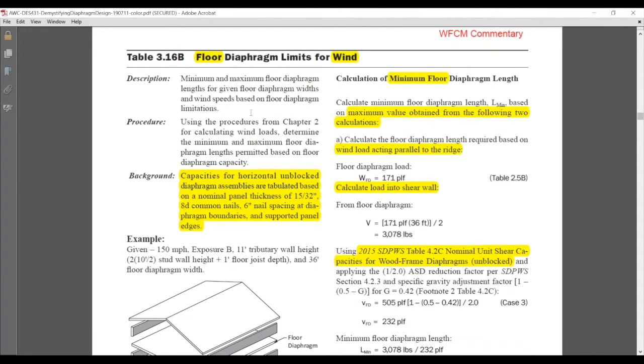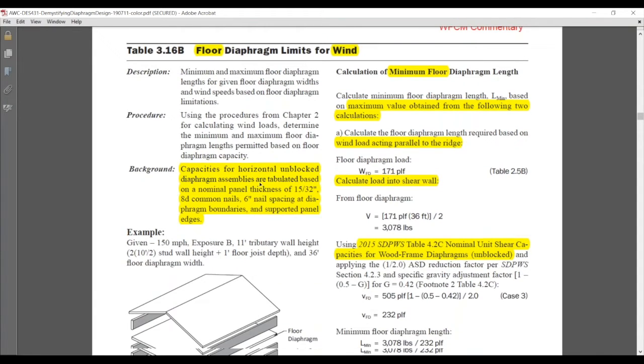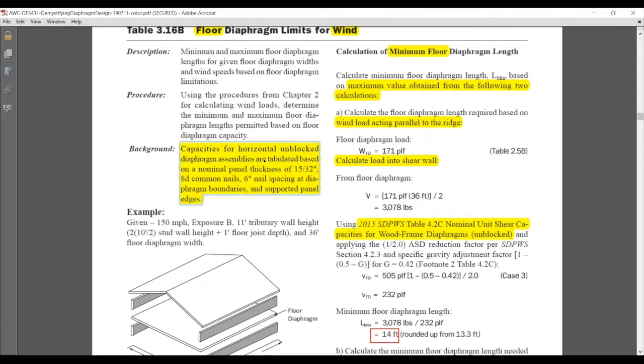Floor diaphragms are going to be very, very similar. So we're not going to spend a lot of time going through the floor diaphragm capacity, other than I'll point out here under background for table 316B in the wood frame construction manual commentary that the floor sheathing that we assume here is about a 1/2 inch sheathing. Again, pretty conservative for floor sheathing. You likely will have a thicker sheathing, but that allows you to calculate the minimum